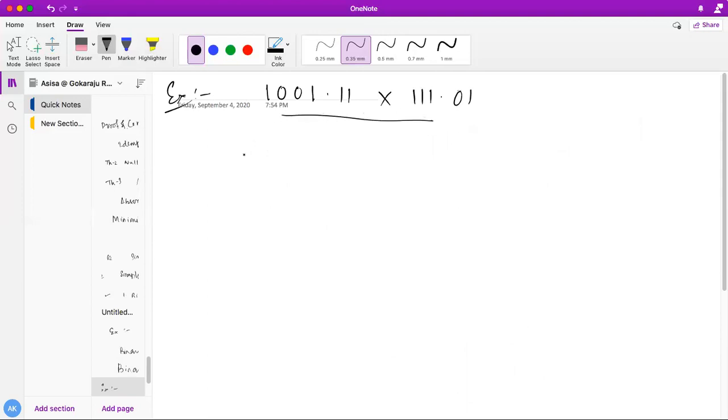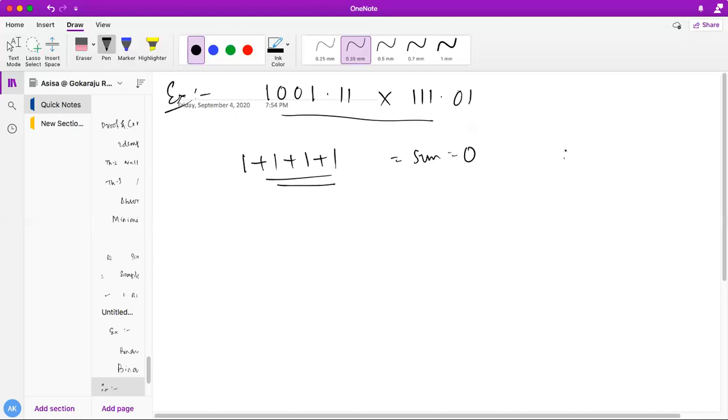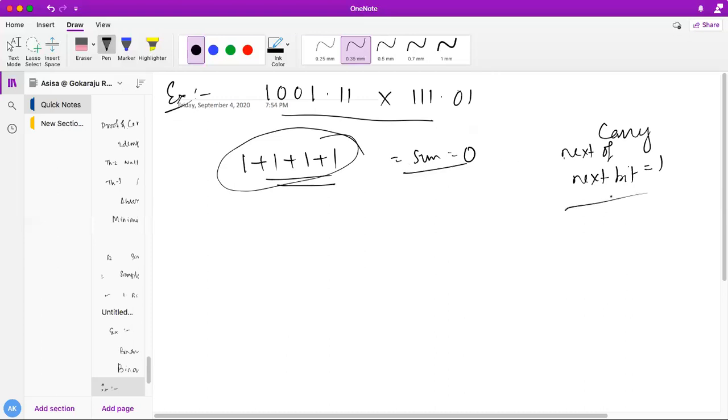At the end, you can see this formula will come up. Okay, while adding, 4 ones will come up. So what you need to do while adding, the concept I told you: the sum is 0 and the carry will not go to the next bit. Carry will go to the next of next bit, which is 1. So this is your carry. If you add 4 ones, sum will be 0, carry will go to the next of next bit. Okay, you should remember this concept, friends, and you can use it during this multiplication purpose.